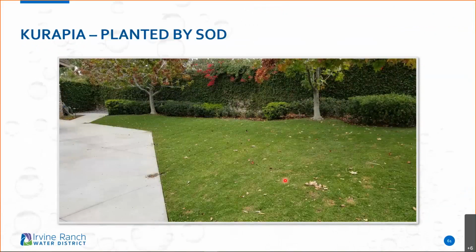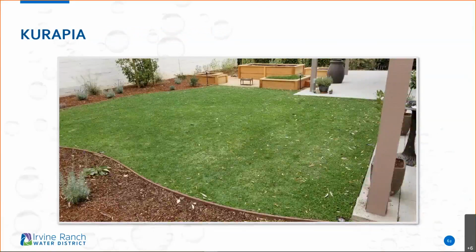So here is this customer I found. As I'm driving up to the house, I see that the ground cover is green, and I'm going, wow, that's the greenest lawn in this whole block. And as you get closer and closer to it, I go, wow, that's not grass, it's something else. As soon as I walked up, I knew what it was right off the bat. It was Kurapia. Talking to the homeowner, he wanted this grass-like appearance, so he went with Kurapia.